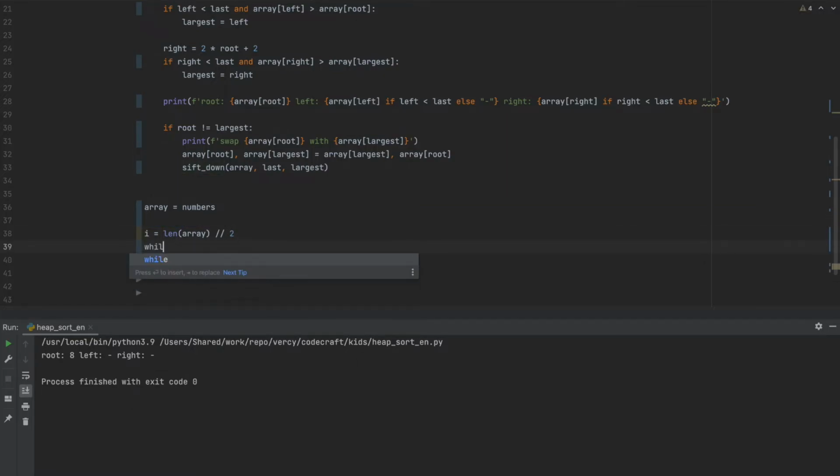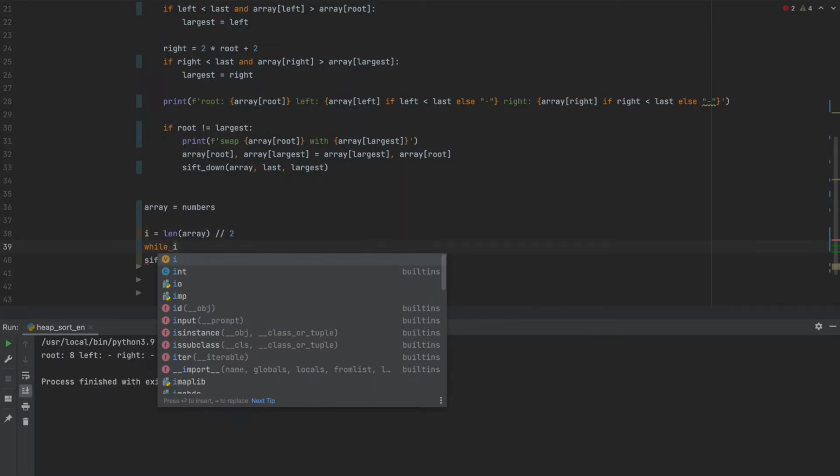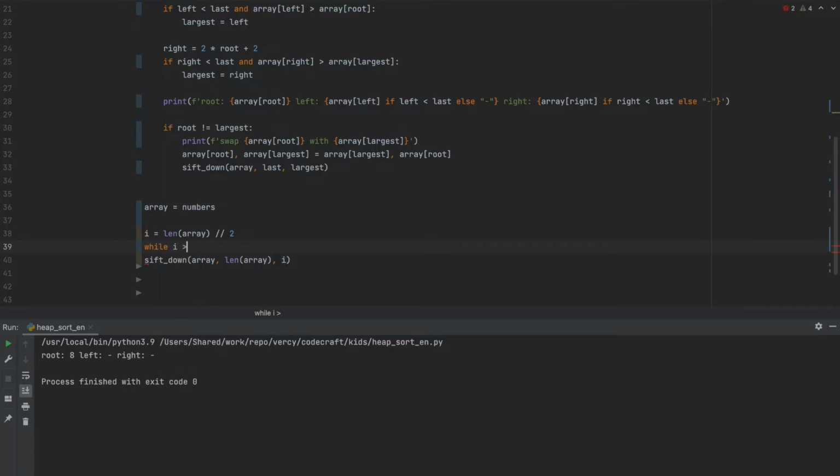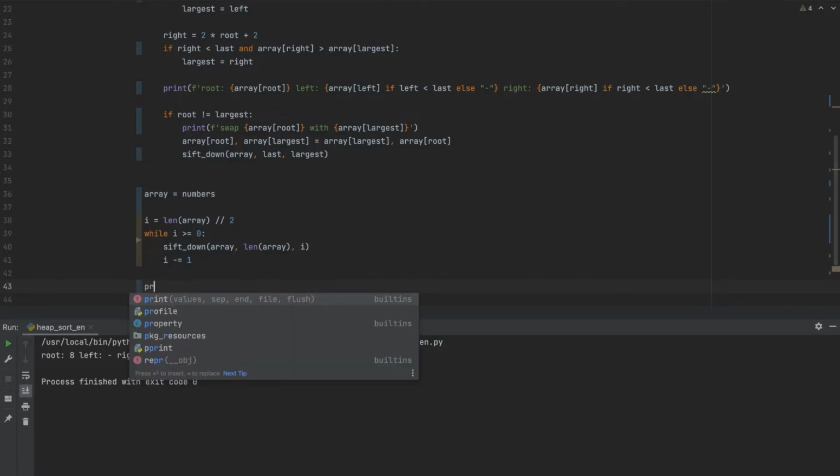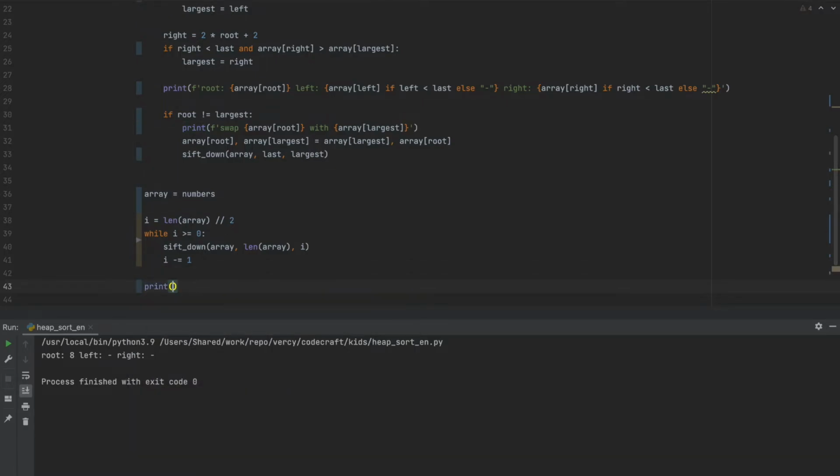We will keep this variable I, and while I is greater than or equal to 0, we do the shift down operation. And then we make I one smaller because we start from the middle of the array and we want to go backwards. Once this is done, we will have a maximum heap built.